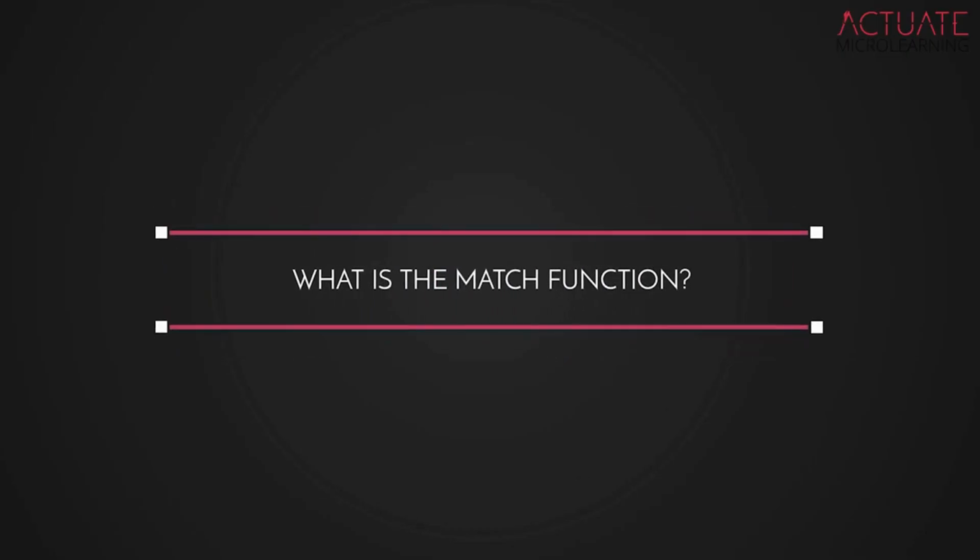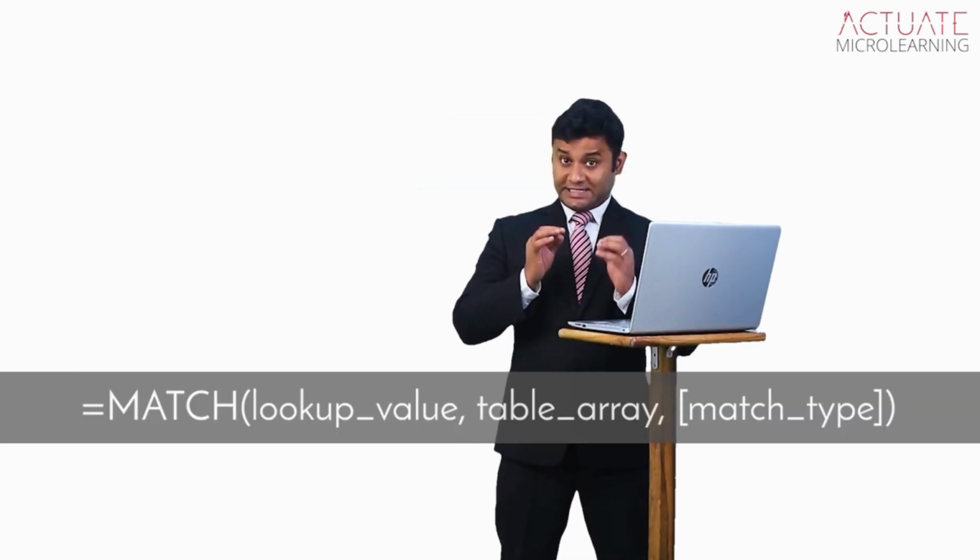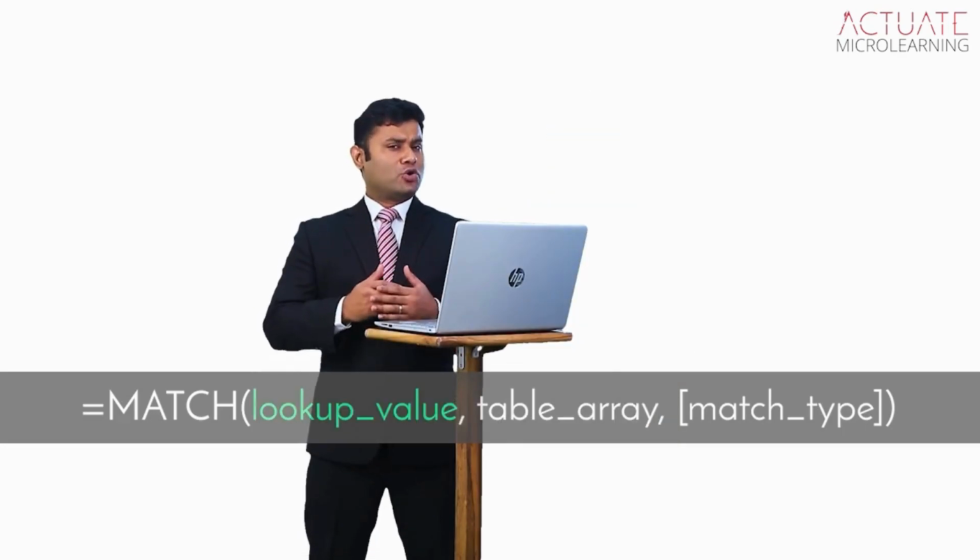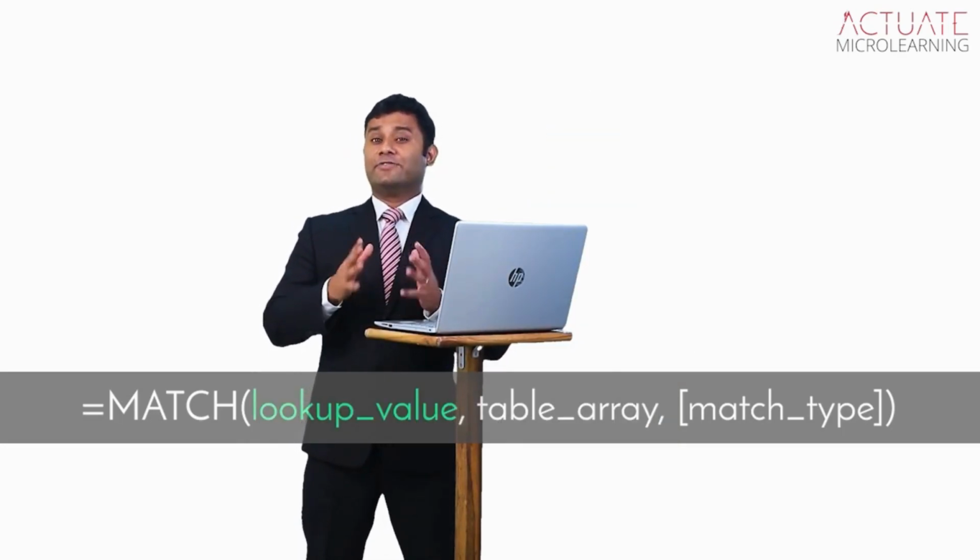What is the MATCH function? The MATCH function is used to find the location of a particular value in the table_array. It returns the reference number for a cell rather than the value. We've already learned about the MATCH function used along with VLOOKUP in a previous lesson. The syntax of the MATCH function is this, where the lookup_value is the value we want